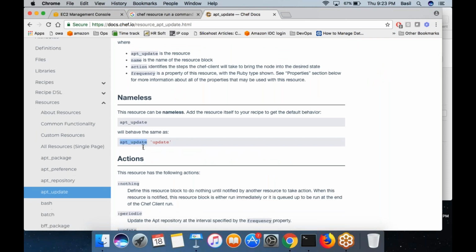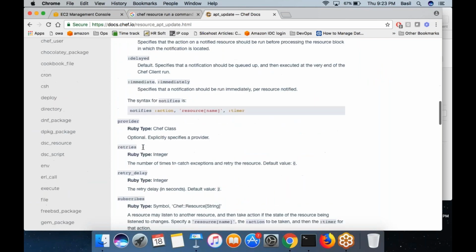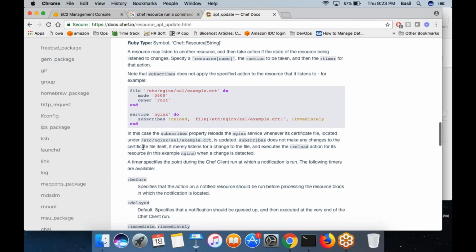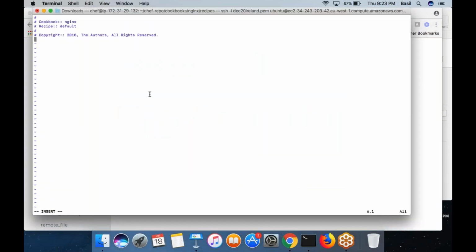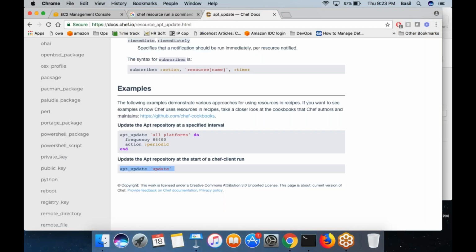I think this is all you need to do. Apt update. Simply put this command, apt update. This is all you need to put.